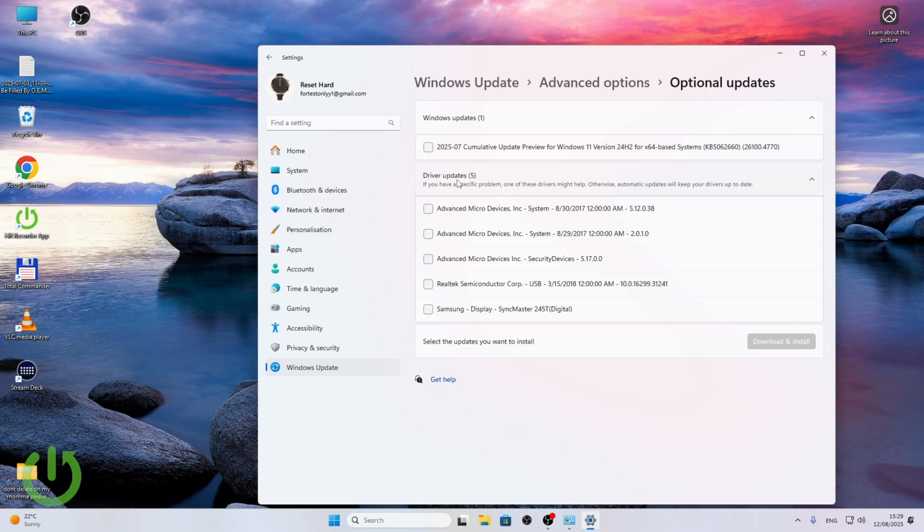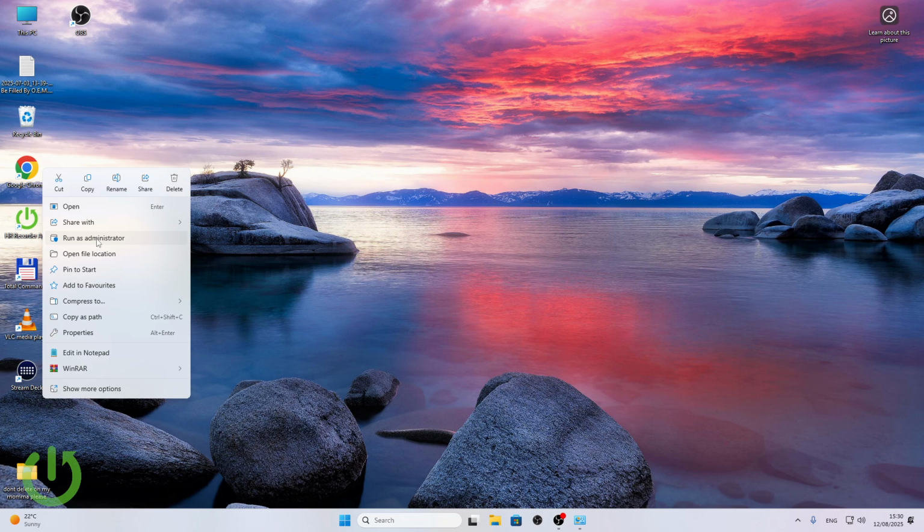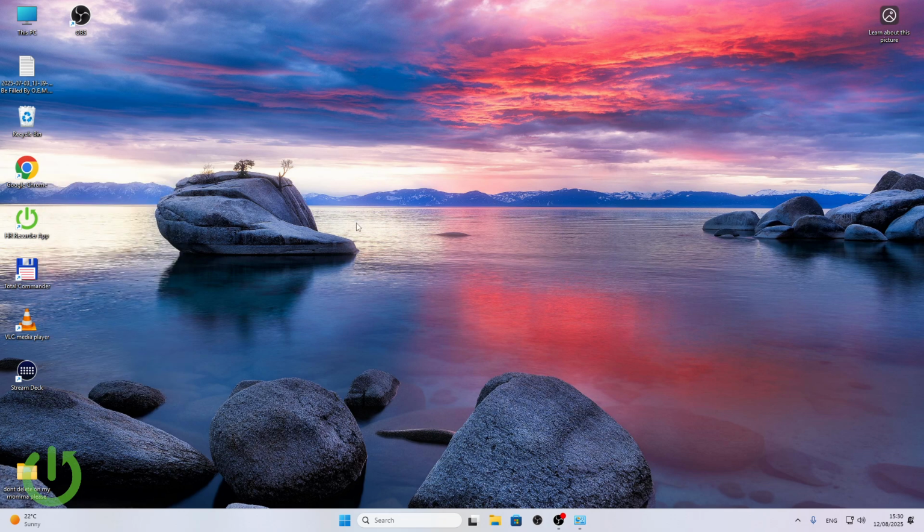So if the problem wasn't yet fixed, then this is your last step, to select the AMD drivers or Nvidia drivers or Intel drivers and click on download and install. I'm not going to do it because I don't have this problem, but if you have it and previous solutions didn't help even after restarts, then you may want to do it. Remember to open your apps in Administrator as well to make sure that it's not a conflict of your non-administrator